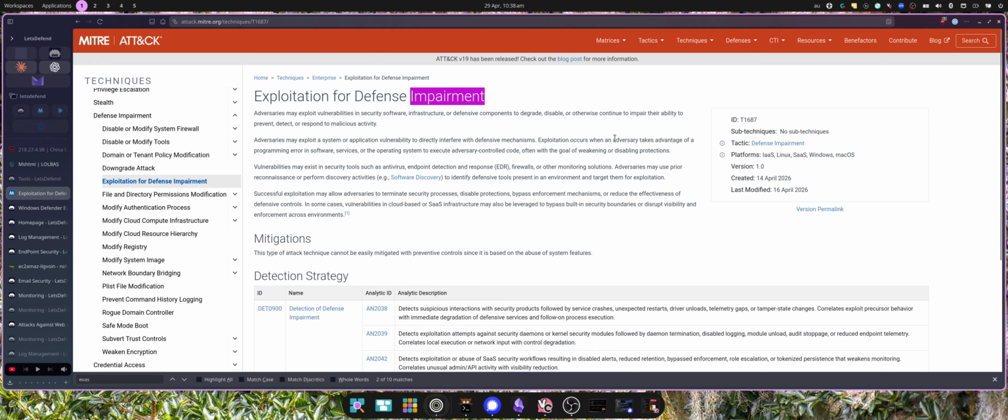Exploitation occurs when an adversary takes advantage of a programming error in a software or service or operating system to execute adversary-controlled code, often with the goal of weakening or disabling protections. Successful exploitation may allow adversaries to terminate security processes, disable protections, bypass enforcement mechanisms, or reduce the effectiveness of defensive controls. So I feel like both fit quite well,